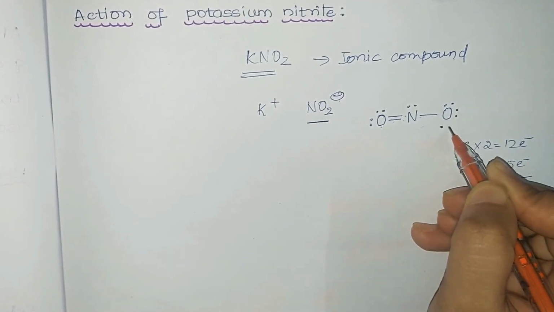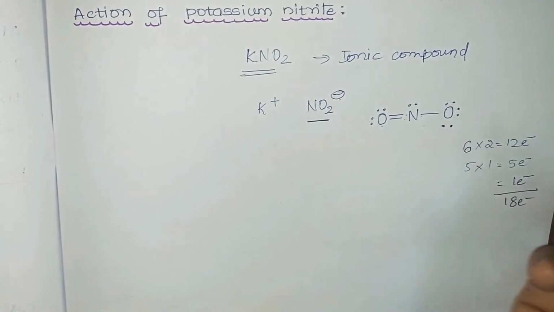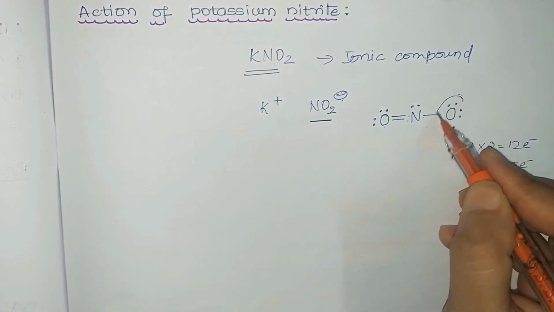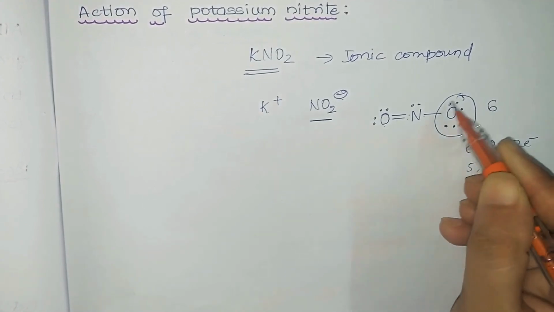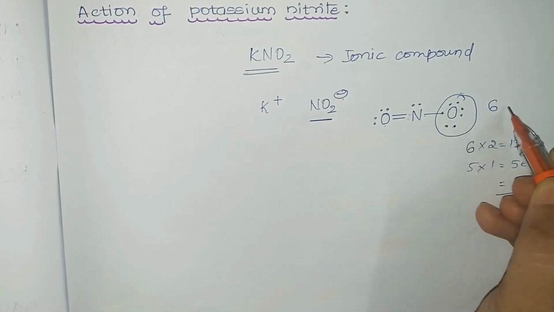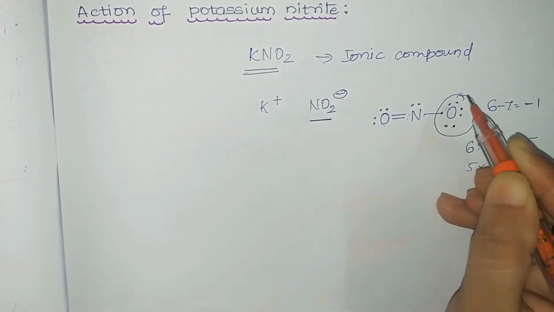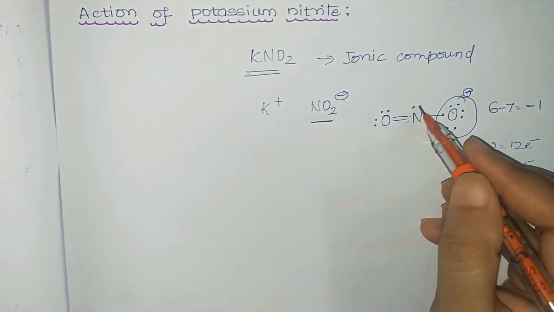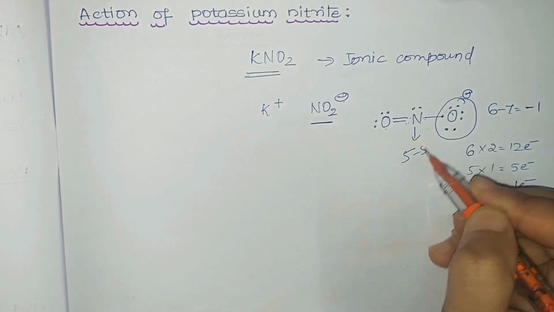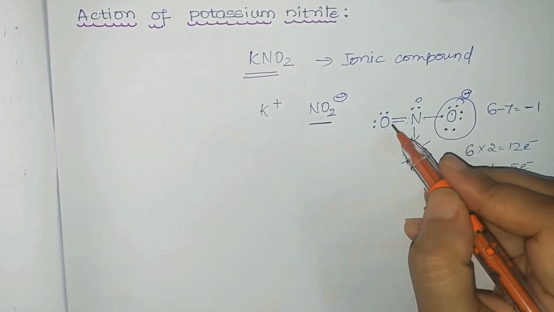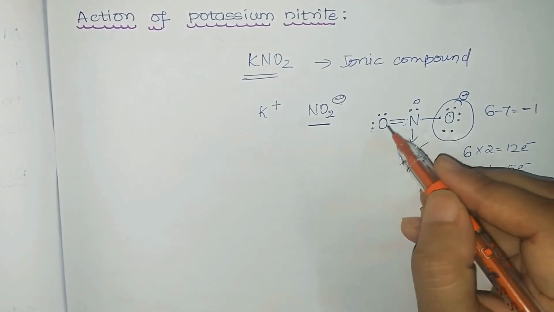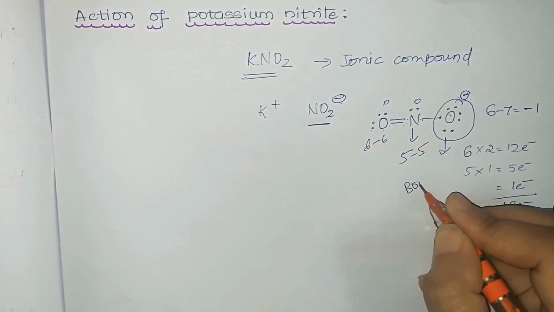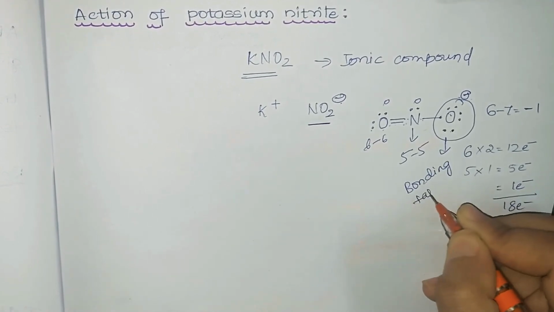So now let us calculate the formal charge of each atom. So here you will consider oxygen. You can see how many electrons are present towards oxygen, 7. Actually 6. So 6 minus 7, it is equal to minus 1. Formal charge is minus 1. So negative charge is on this oxygen. Nitrogen, actual electrons in nitrogen 5. Here it is also having how many electrons? 5. So overall formal charge is 0. And around this oxygen, how many do we have? 6. And actually in oxygen 6. So 6 minus 6 is 0. So the negative charge is present on that singly bonded oxygen. So the bonding takes place through the singly bonded oxygen bearing a negative charge.